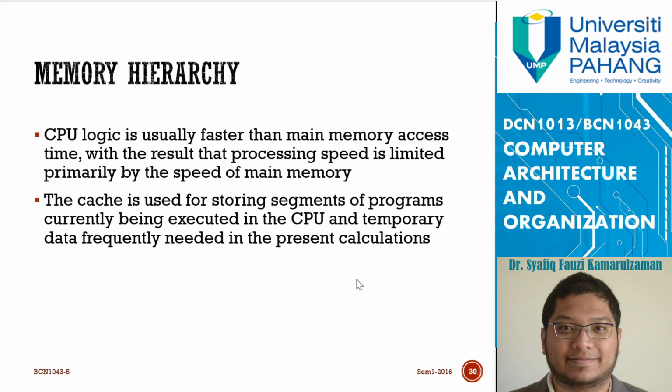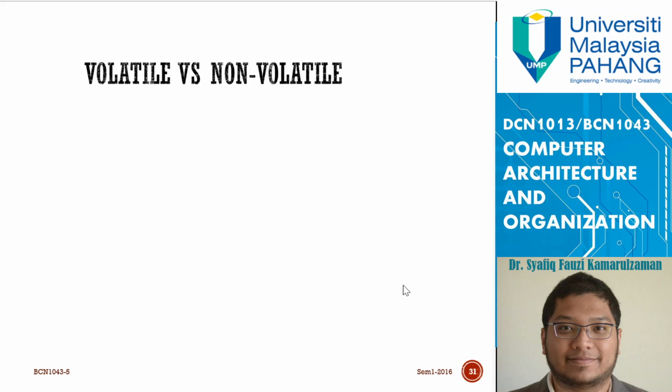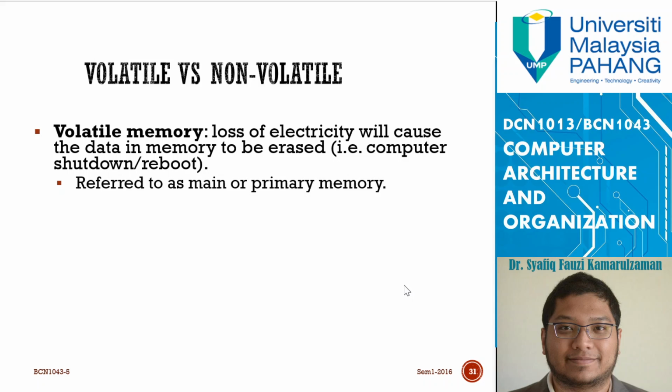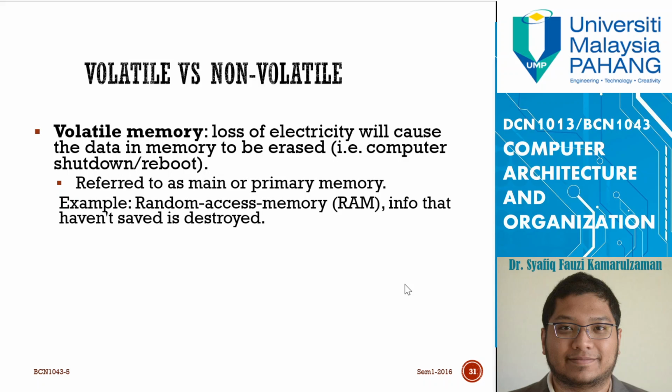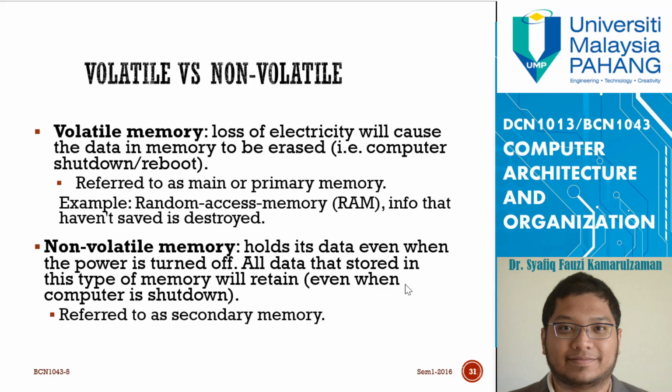The cache is used for storing segments of programs currently being executed in the CPU and temporary data frequently needed in the present calculation. So when you look at volatile and non-volatile, we have two types of memory, like what I mentioned last week. Volatile memory needs electricity to hold the data, and non-volatile memory doesn't need electricity to hold the data. Unfortunately, those close to the CPU are usually volatile memory. So you need the power most of the time, which is not sustainable in terms of long-term